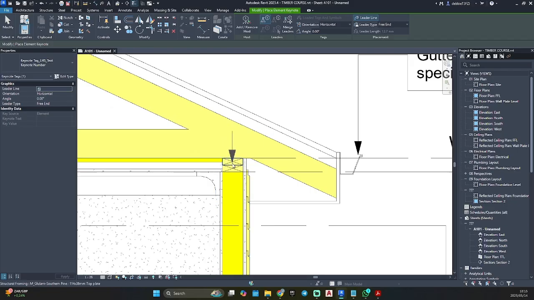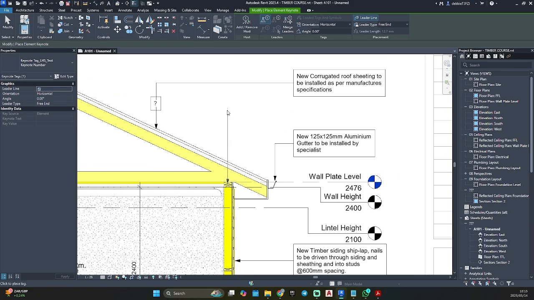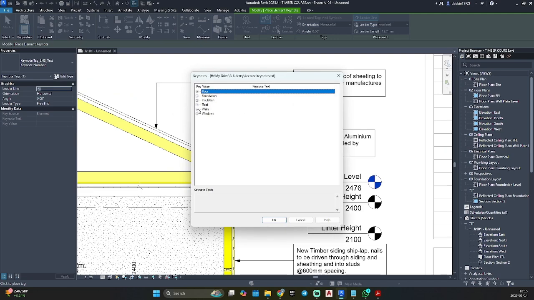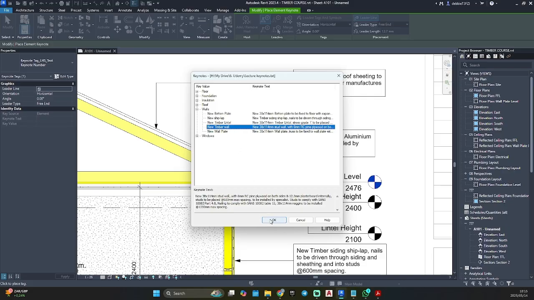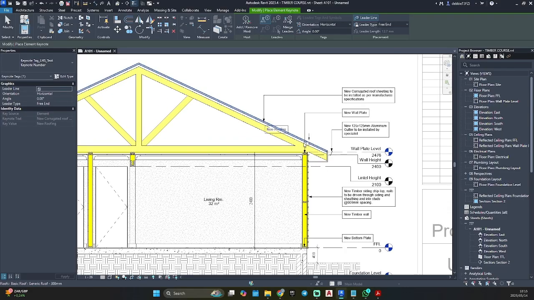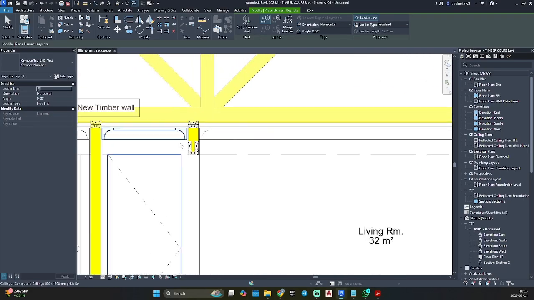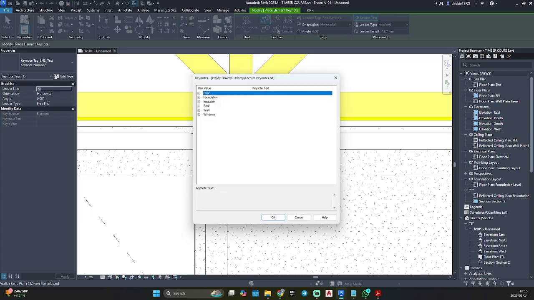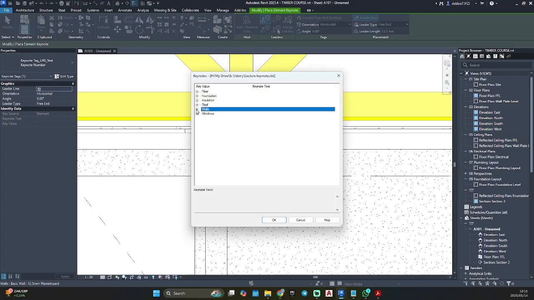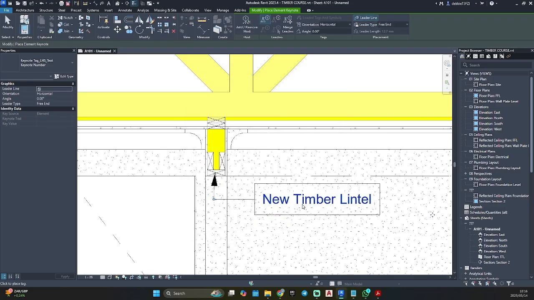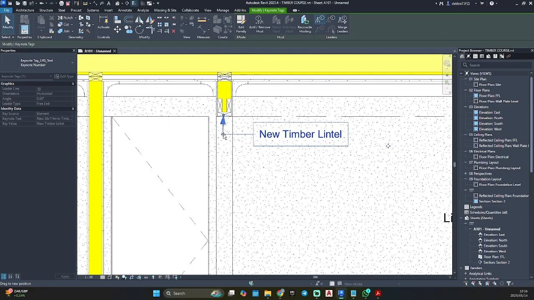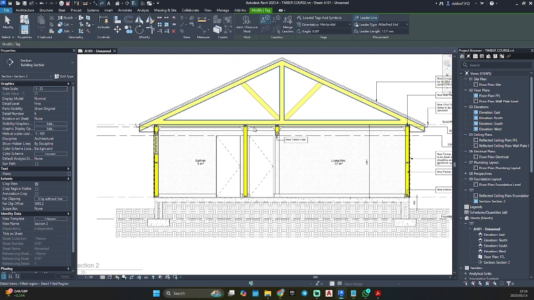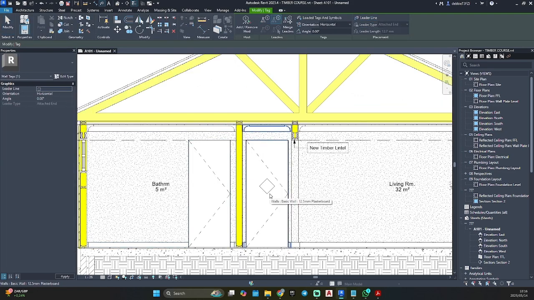So here, lintel. Let's remove our leader.